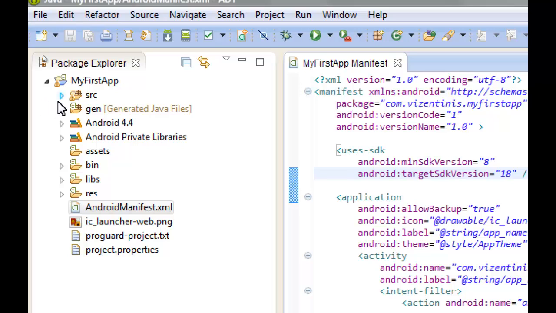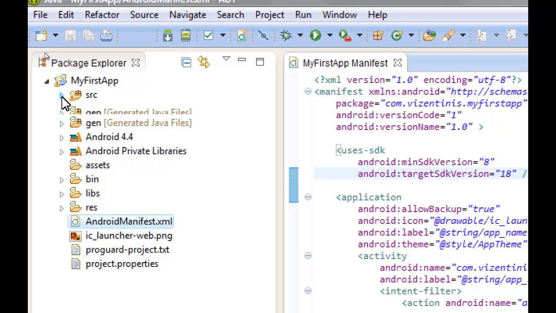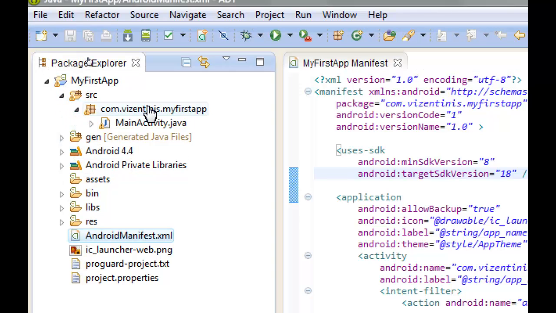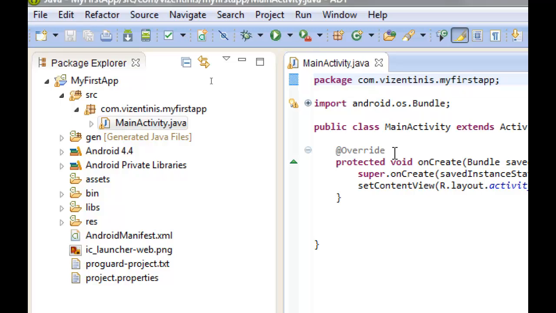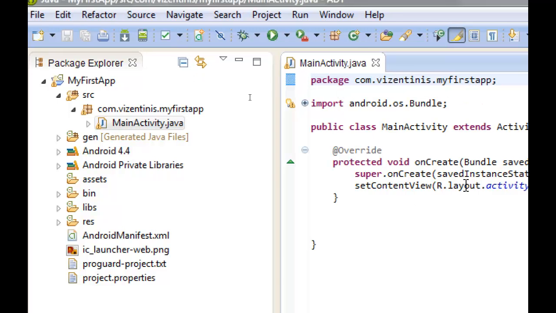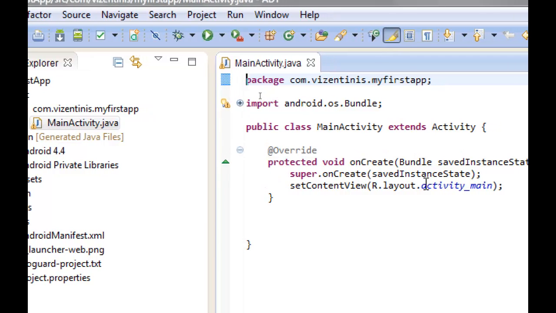Another directory is the source directory, as you see here, which contains our application package name, Vizentinis first app, and the main source file. By default it includes an activity class that runs when your app is launched using the app icon. Double click to see the first activity, the main activity. When we run the app for the first time, this main activity starts,